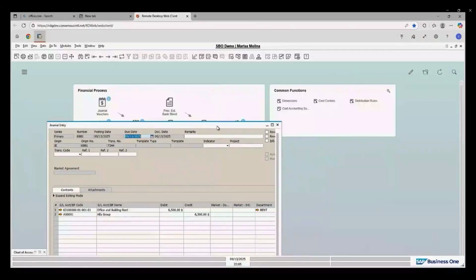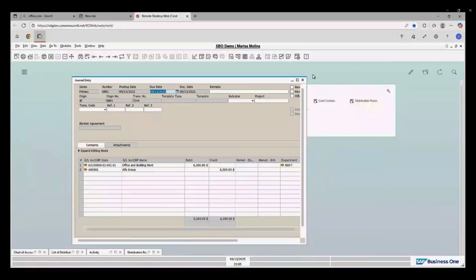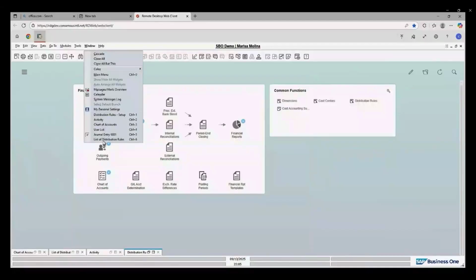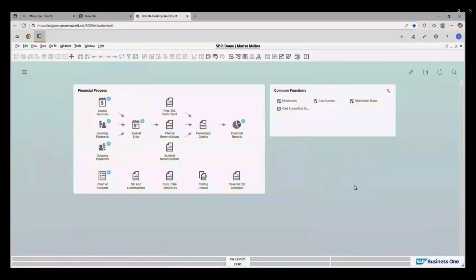So hopefully you can start using cost centers, cost accounting, if you're not doing it now. I guess it is a great tool that we can use to analyze more information and then close all. And then use this as a tool for the managers for accountability and to make informed decisions. Okay.